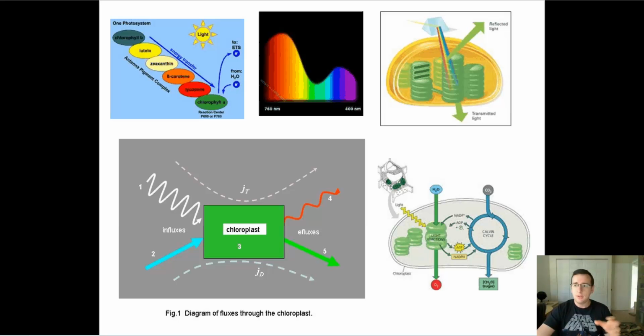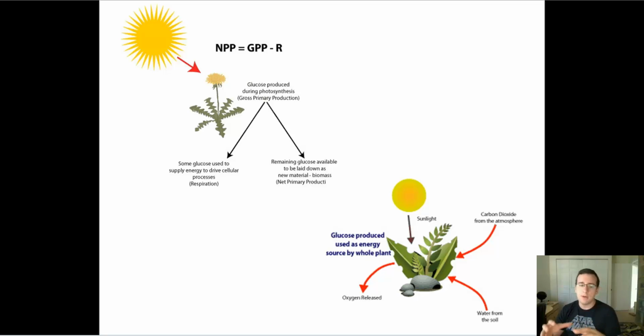In fact, if you think about the fact that some of the energy that the plant actually trapped in that sugar is going to be used up by the plant. Because this plant is going to be growing, developing, responding to stimuli, and reproducing. All of these events will require the plant to do cellular respiration, to burn that sugar, the sugar that it created itself,